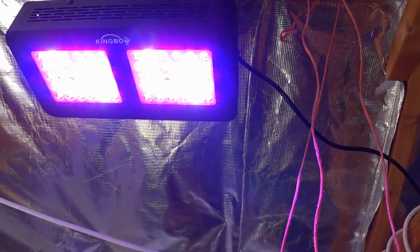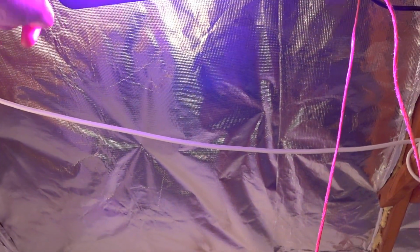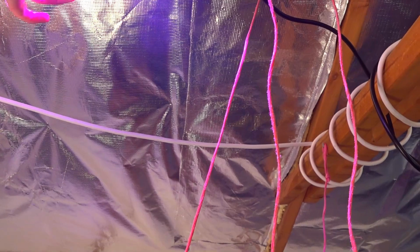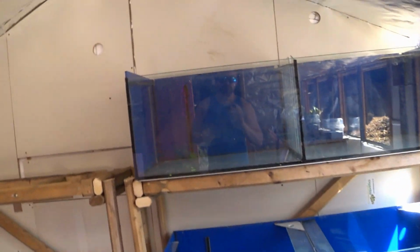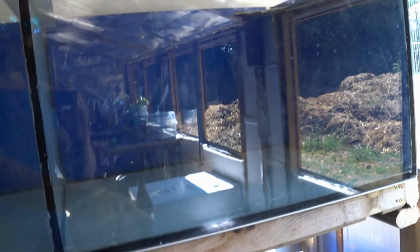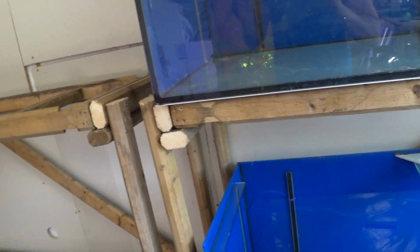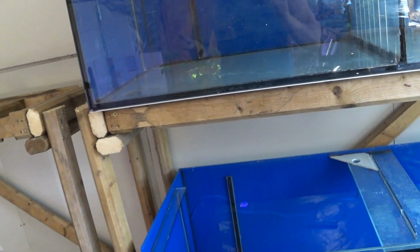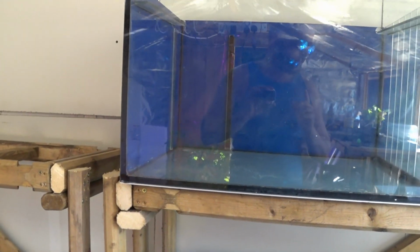But this particular company does little circular ones, brand new I think, 50 quid each, same spectrum as these with a little Cree white LED in the middle. So what I'm going to do is put one over each half of the tank, depending on the colour of algae. So I think the greens will like that, they'll like the reds, and they will like the blue, but